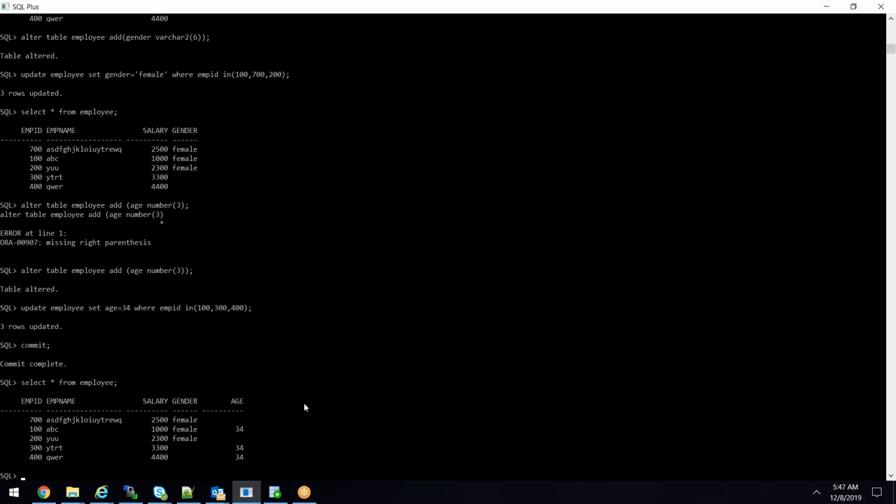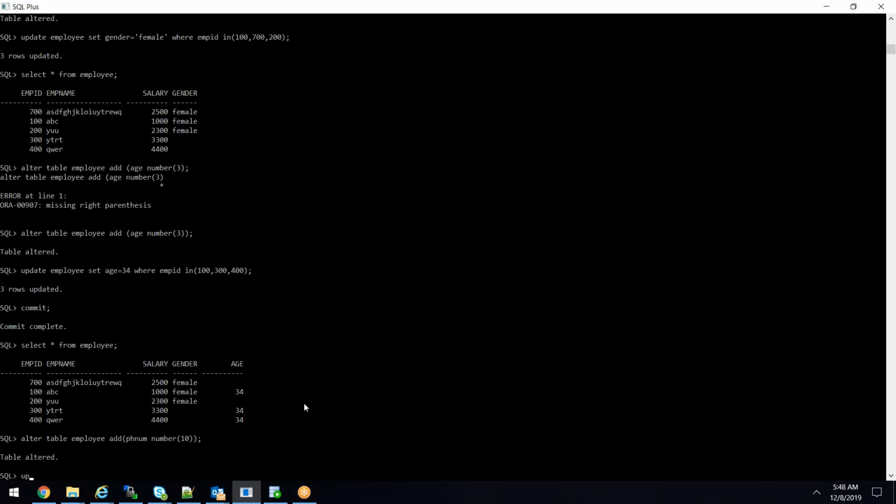Okay. So tell me a few more columns. I want to alter table employee, add. What is the other column we can add? Salary, gender, age, employee name, employee ID. What else? What can we add for employee? Phone number. Address. Okay. What else? Apart from the address? Phone number. Department ID. Department name. Okay. So phone number, you can add phone number, number of 10,